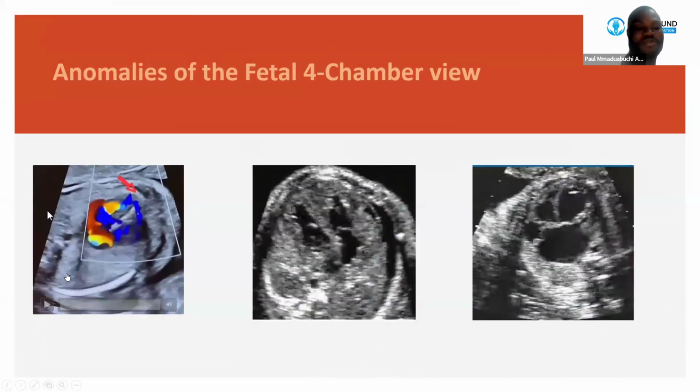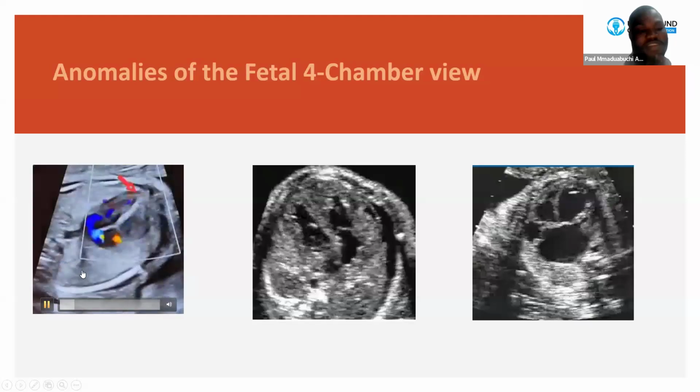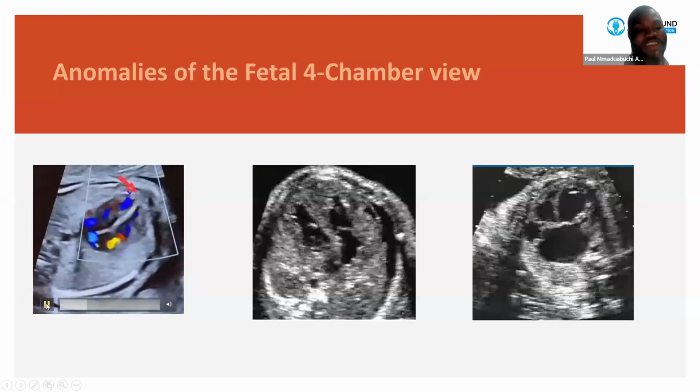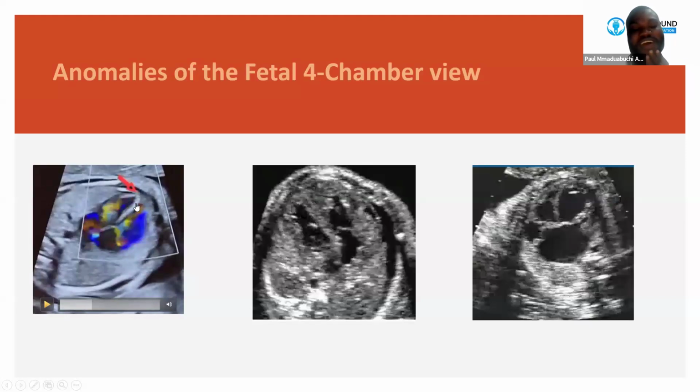So this image shows you when you are having a ventricular septal defect. And when it comes to ventricular septal defect, we have different types: the inlet, the premembranous, and the muscular. The inlet, sorry, I didn't put that in this slide, is the one that comes between the junction of the cross and the ventricular septum at this point,